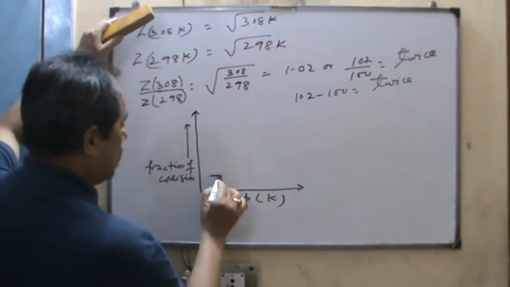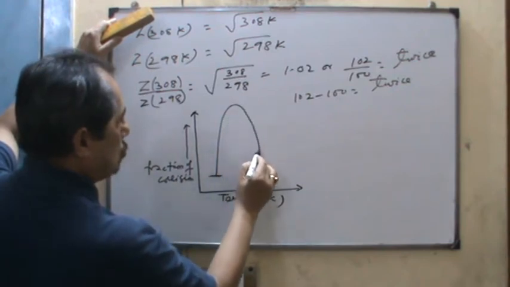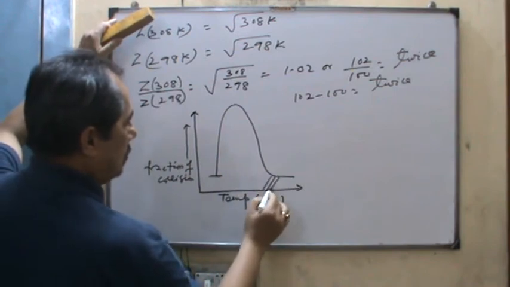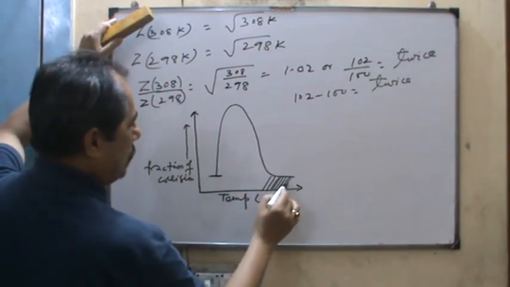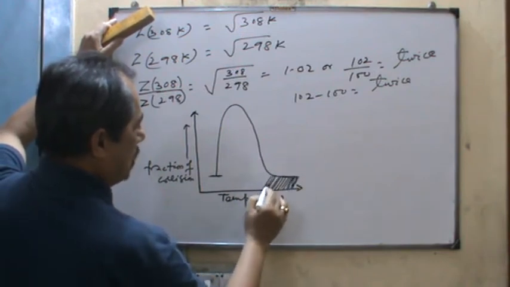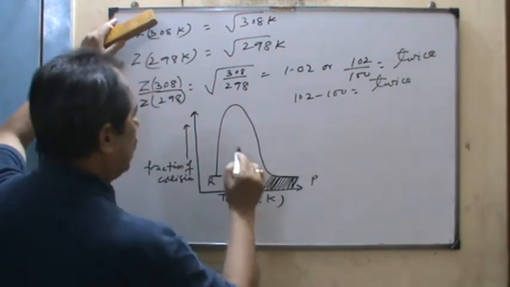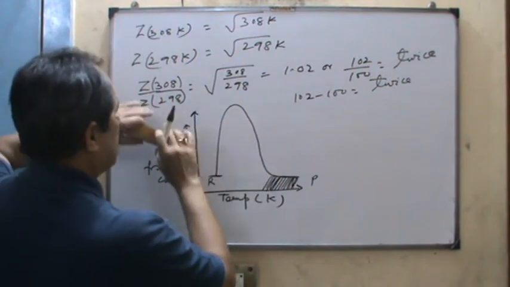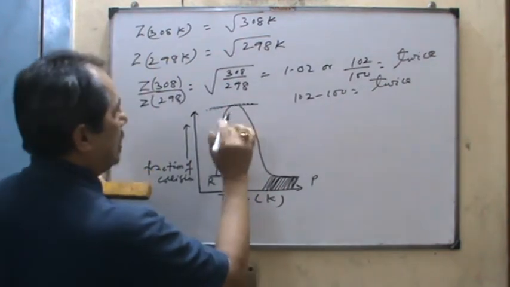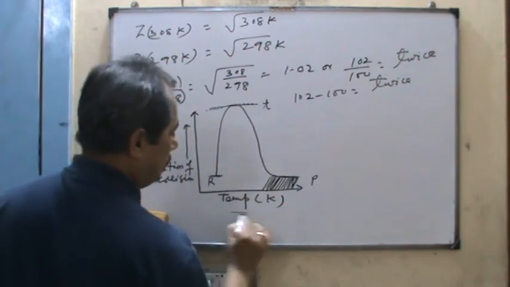So here the reactant forms activated complex to form the product. Without the increase of the temperature, this dark shadow represents the reactant, it is the product, and this is the activated complex. At that time it is generally T, but once you increase the temperature,